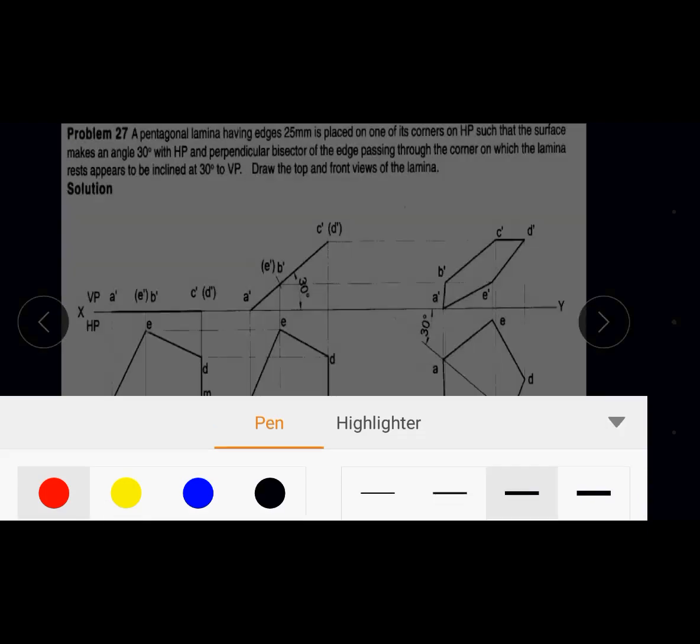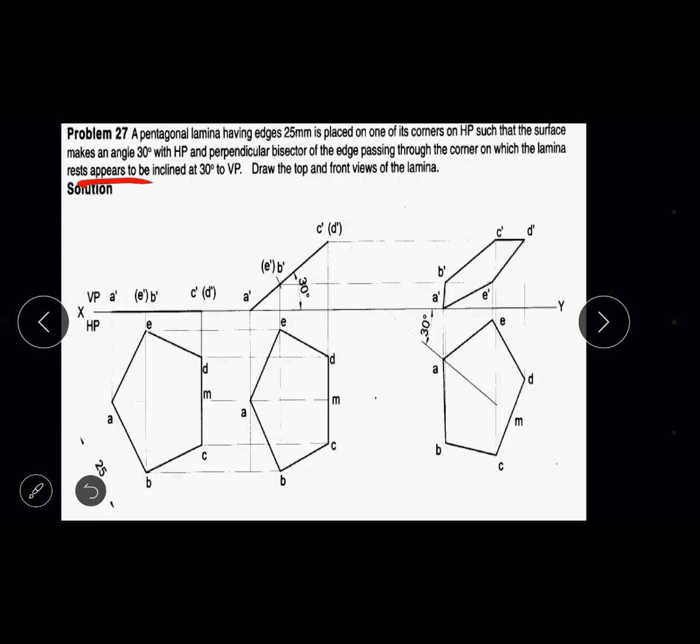So you can see this word "appear" along with the description of VP angle with reference to the lamina. The perpendicular bisector of the edge passing through the corner on which the lamina rests appears to be inclined at 30 degrees to VP. Here, since the word "appear" is used in this statement, the given angle 30 degrees to VP